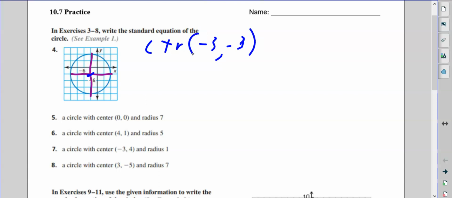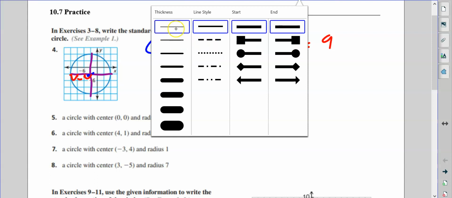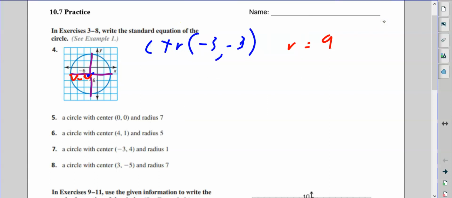Okay? And then the diameter is, or the radius is 1, 2, 3. But remember, each one of those is, we're really counting by threes, so that's actually 9. Okay, it's 3 spaces, but each space is 3, so that's 9. So therefore, our equation is,